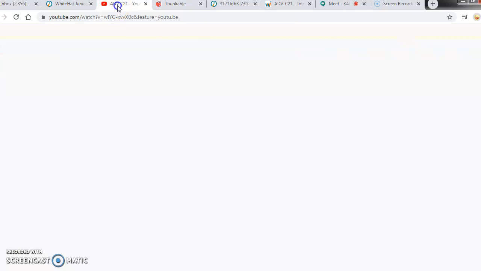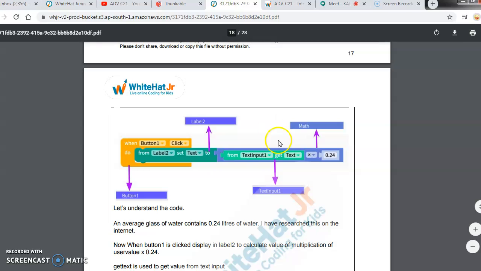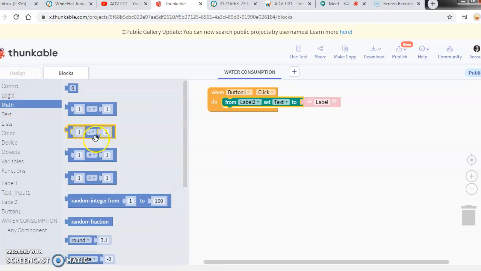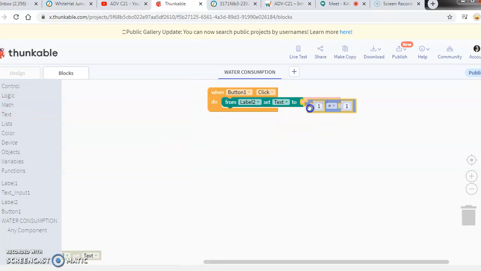So you can see this command here. So you have to put a multiplication symbol first. So that will be the first option. So what you can do is you can go and click on math and drag this multiplication command here. It will automatically go now.